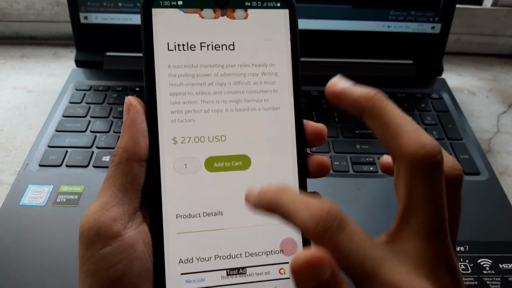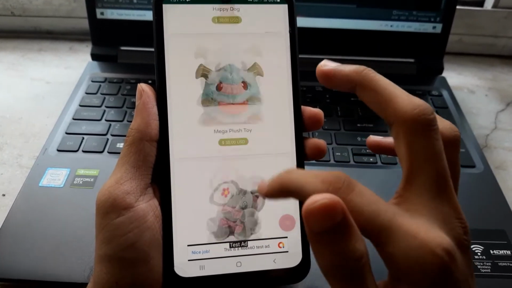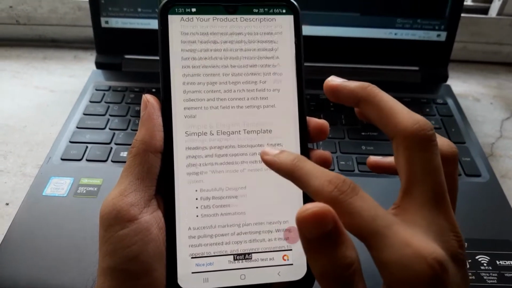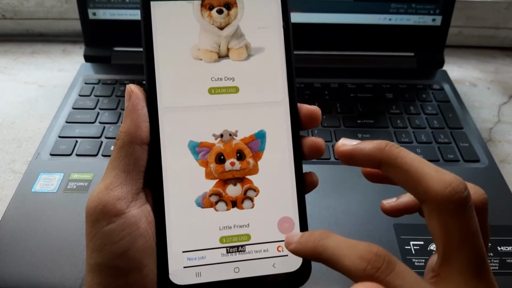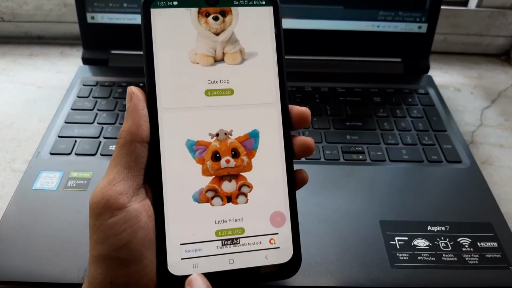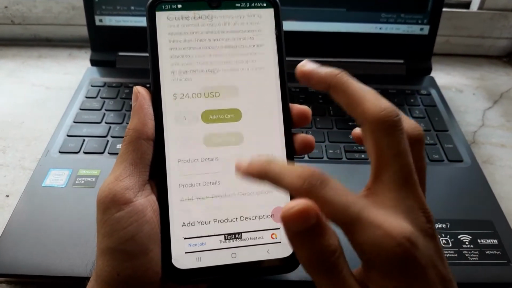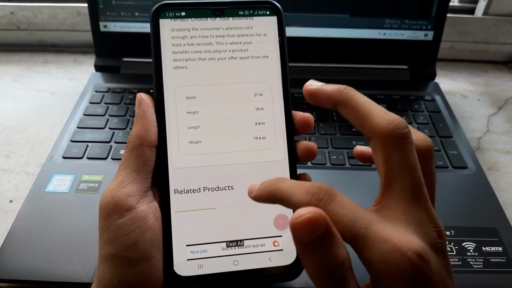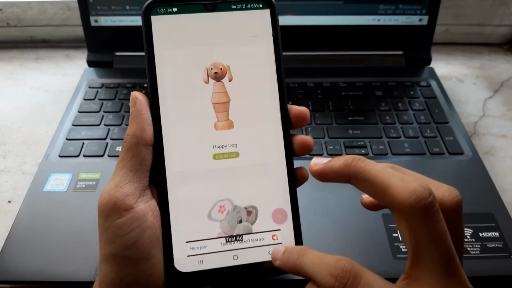As you can see, the UI navigation is smooth. This will help you to retain your user attention. It supports Google AdMob. As you can see at the bottom, this is a Google AdMob banner ad. We have also integrated Google interstitial ad. After some number of clicks, the Google interstitial ad will be shown.